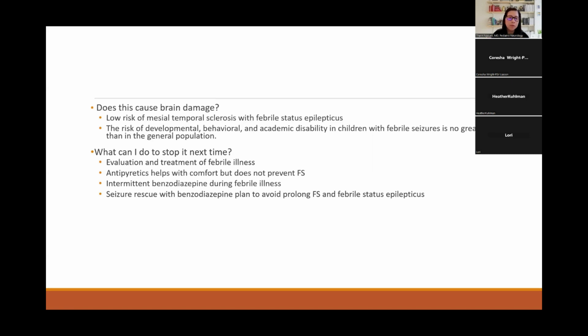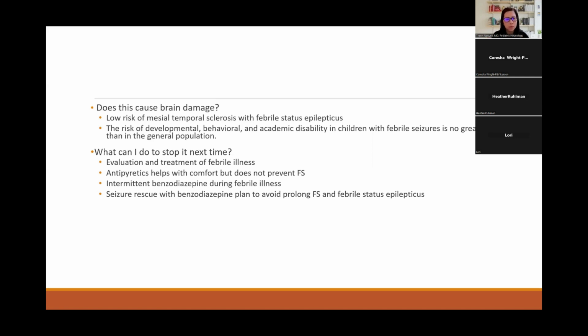On some occasions, we have used intermittent benzodiazepines, some long-acting benzodiazepine, to sort of raise the threshold for seizures when we know that a patient has a pattern, or the ones who have multiple febrile seizures within a 24-hour period. We sometimes give benzodiazepine when they're sick in that peak 24 to 48 hours. There have been some studies that show that it reduces hospitalizations and parent anxiety and things like that, but it does not impact long-term outcome of febrile seizures.